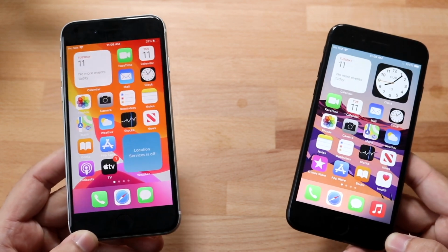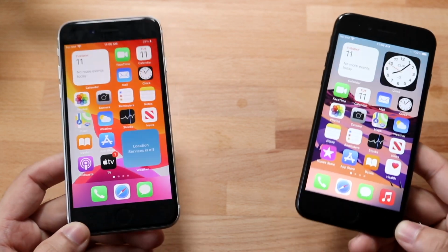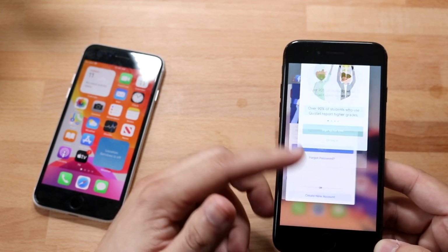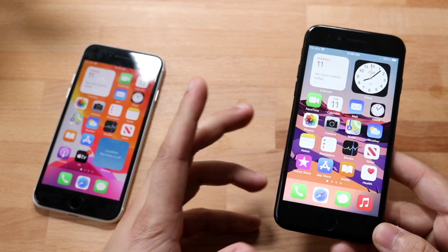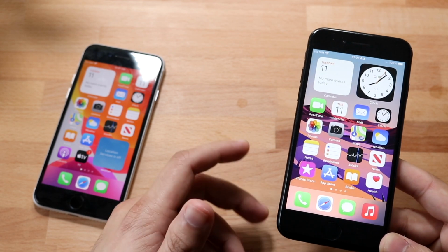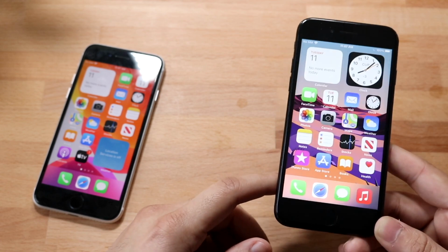Now, there is a little bit of a humongous difference between both of these phones, and that is the software lifecycle. The iPhone 7, as most of you know, came out in 2016, so it's definitely not a new phone anymore. It came out a while ago. Obviously, I think everyone knows that. But with the iPhone 7, it's not going to be lasting that long. It's going to last for a little bit of time, but it's not going to last like a crazy amount of time more. It's probably going to get iOS 15, and then it may end at iOS 15, based on